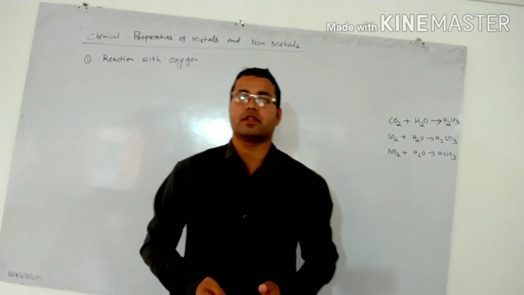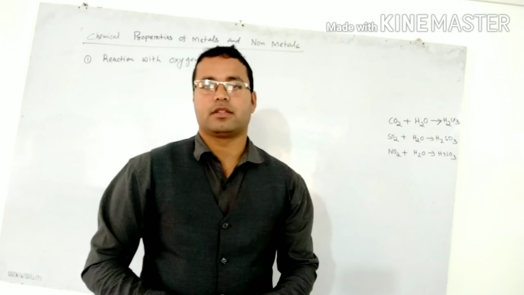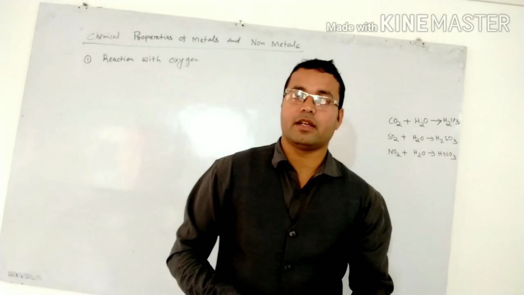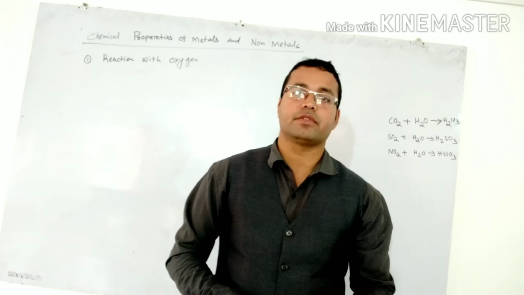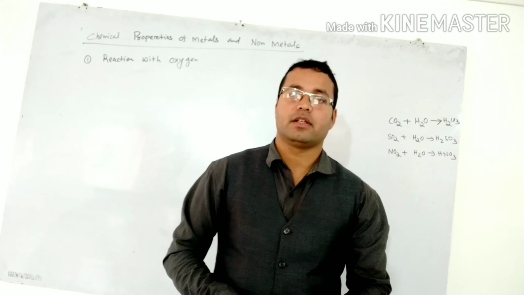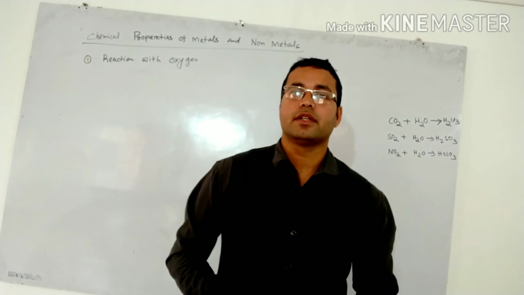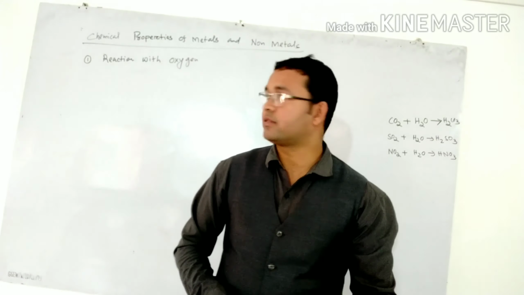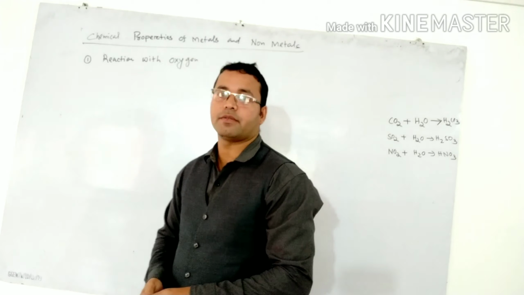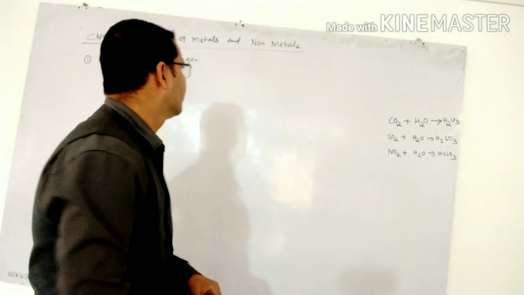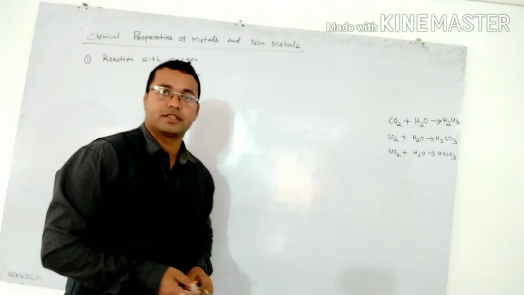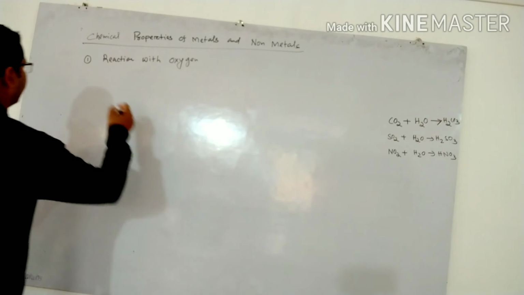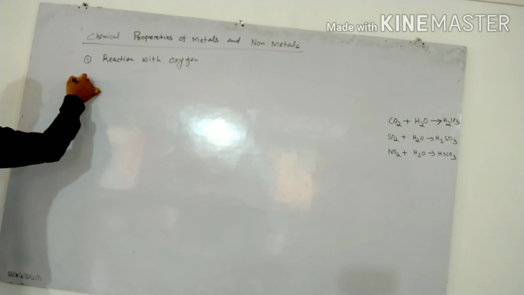This class is for class 8. The name of the chapter is metals and non-metals. Already the physical properties of metals and non-metals were given in the last video. So now I am going to start the chemical properties of metals and non-metals. So the first one is reaction with oxygen. So metals, first of all I will talk about